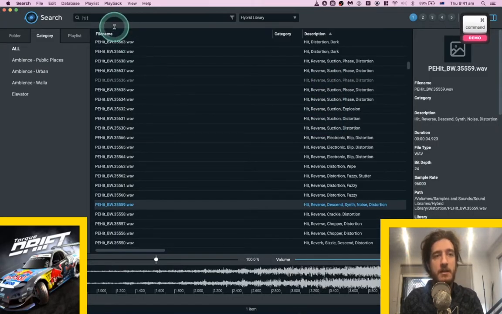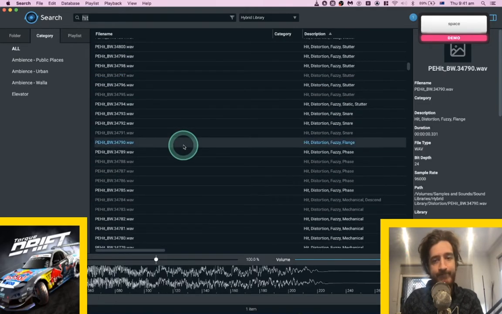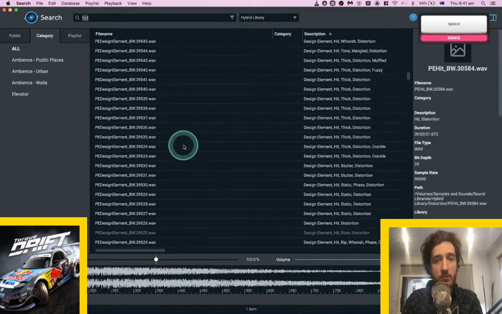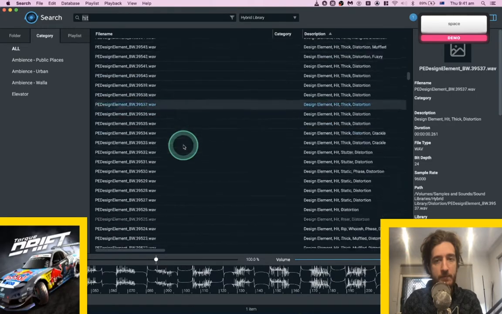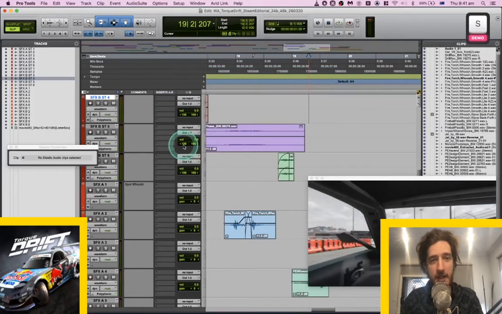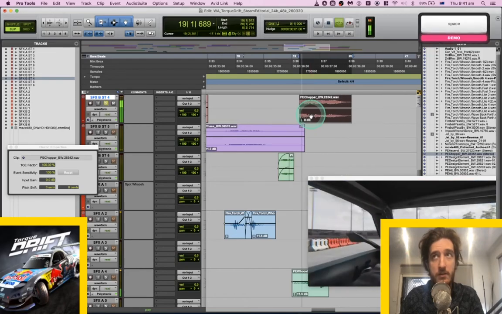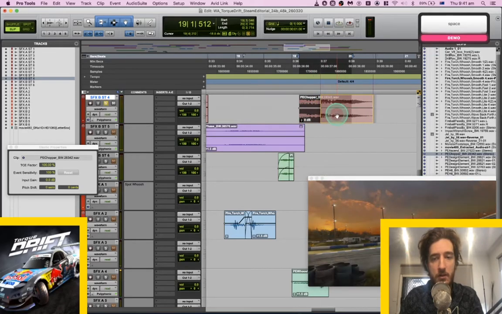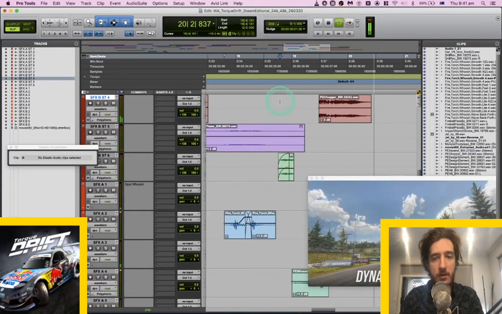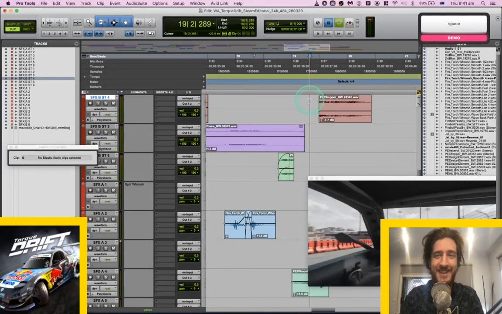Just needs another wind blustery thing. Haha. Check that out. Ballsy. See, if there wasn't music, this would be all over. Maybe I'll just turn it down.